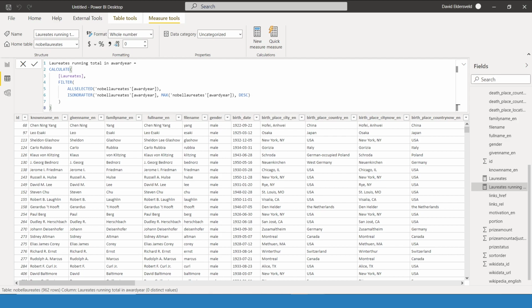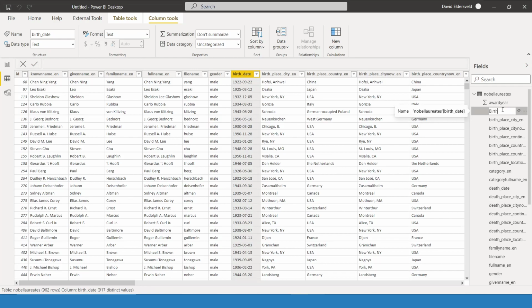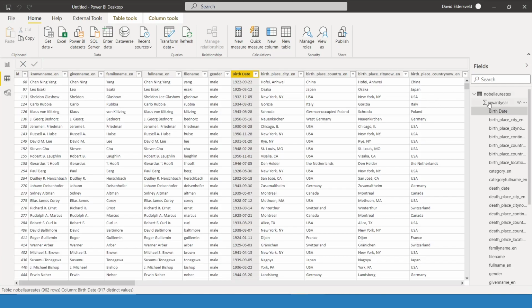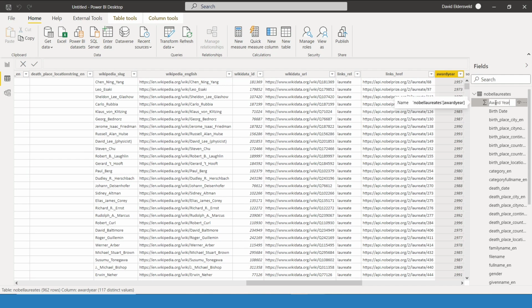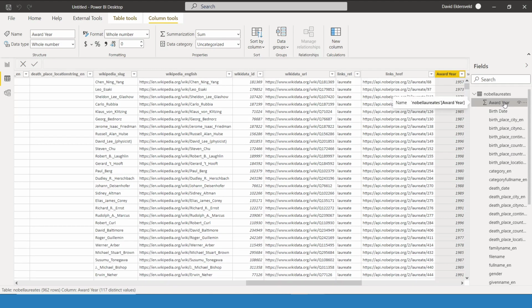But before I do that, I'm going to quickly come in and rename some of these fields. So birth date, just make that a little bit more readable. Award year, and I had already used award year in the quick measure, but Power BI is smart enough to cascade a change like renaming award year into all of my other calculations that depend on that. So now if I go back to my quick measure, I can see that it's updated for award year, which is great because now I don't have any fear about making a change to the name of a table or a column or a measure, and then having to find all the places that it had been used previously. So Power BI protects you from